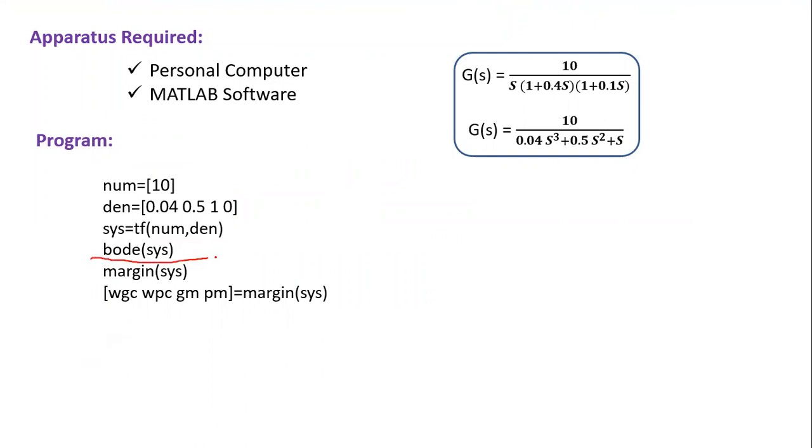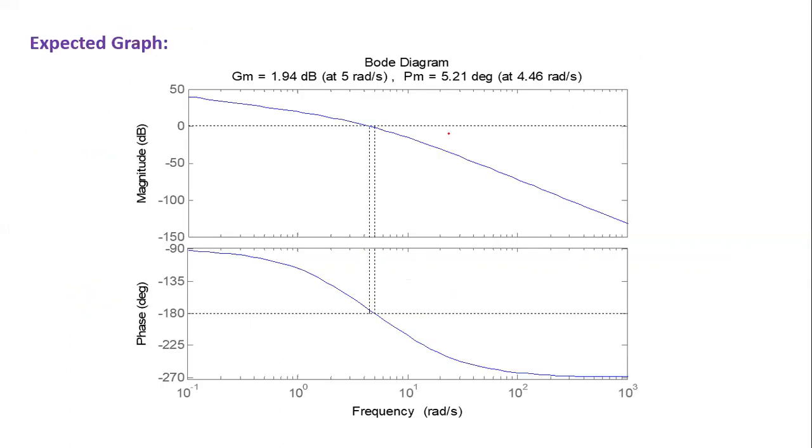Up to this point, if we enter it, the graph will come. But if we know these domain specifications, then only we can identify the stability of the system. So this is the expected graph, the same thing that we are getting from the simulation. Magnitude in terms of gain versus frequency is the magnitude plot. Phase angle versus frequency is the phase plot. From the graph, we are identifying the gain margin, phase crossover frequency, and gain crossover frequency.